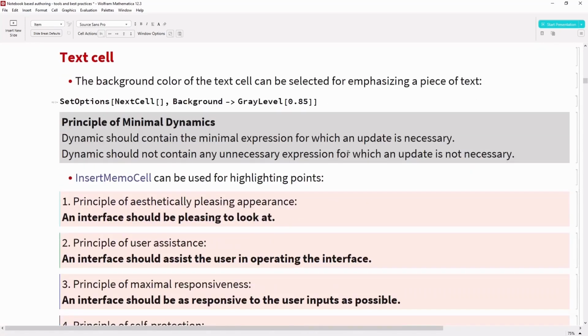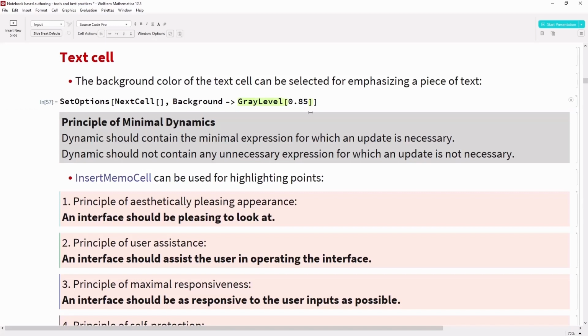Whenever we are showing any text cell contents in notebooks, it is good to have a background color for such cells to make sure that we are highlighting main points for our user. In order to do that, we can set a background for the cell. If I set the background, you can see that my cell background is gray.